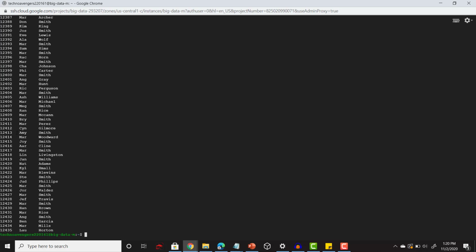So now I can see my data is tab separated. I got customer ID as the first record, and then customer first name, only 3 of the letters are appearing here because we made the use of substring method, and then my customer last name. So my output is as expected. So that was all for this question.